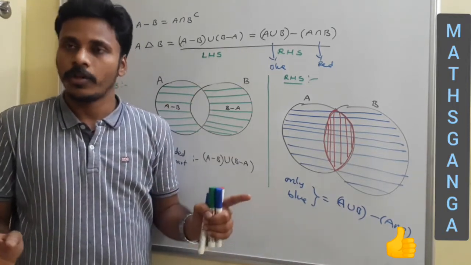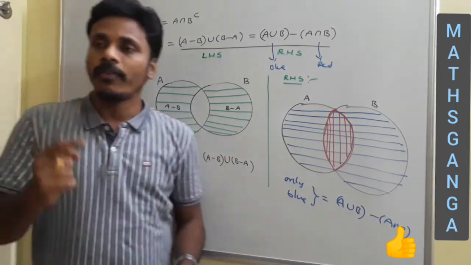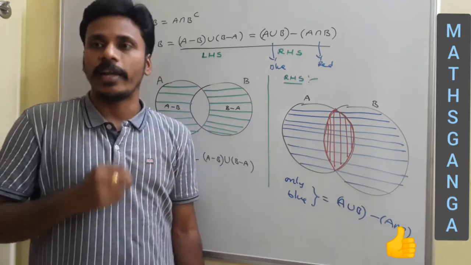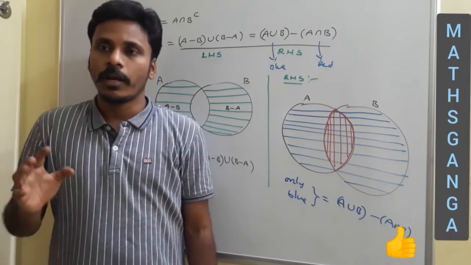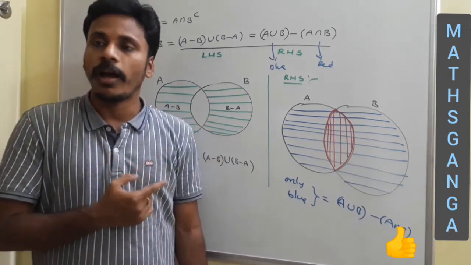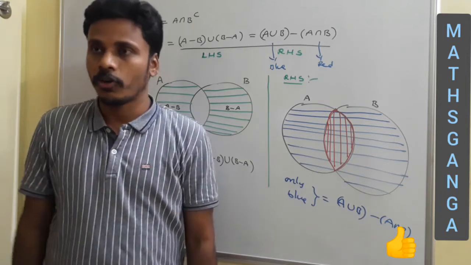As I mentioned, there are different ways to prove these types of laws. One way is by listing elements, the other way is sketching Venn diagrams, and the third way is by the element wise definition. Now this is using sketching Venn diagrams. Just have a look, and then I will give you one more problem, and you try it with a Venn diagram.